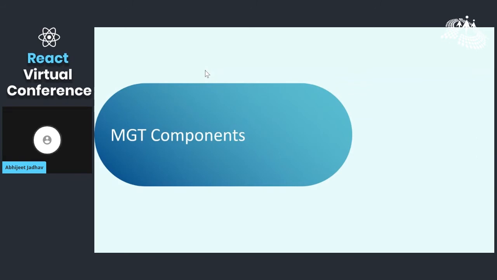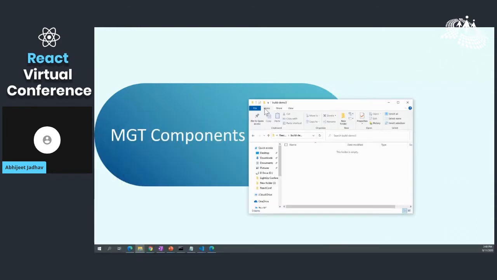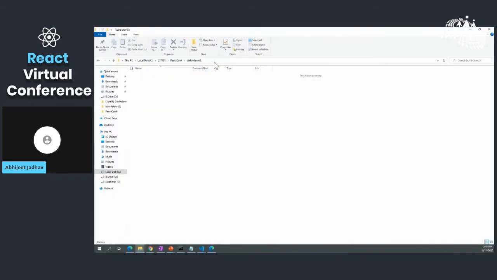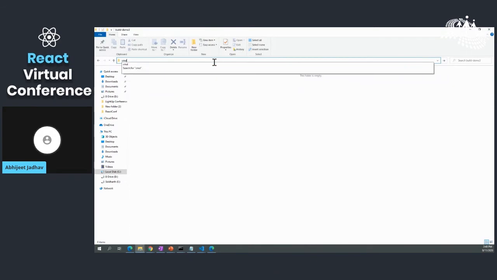So we will jump into our demo. I'll start creating the React app, and then I'll talk about the MGT components which are available. Okay, so I've already created the demo folder, so I'll start from here.